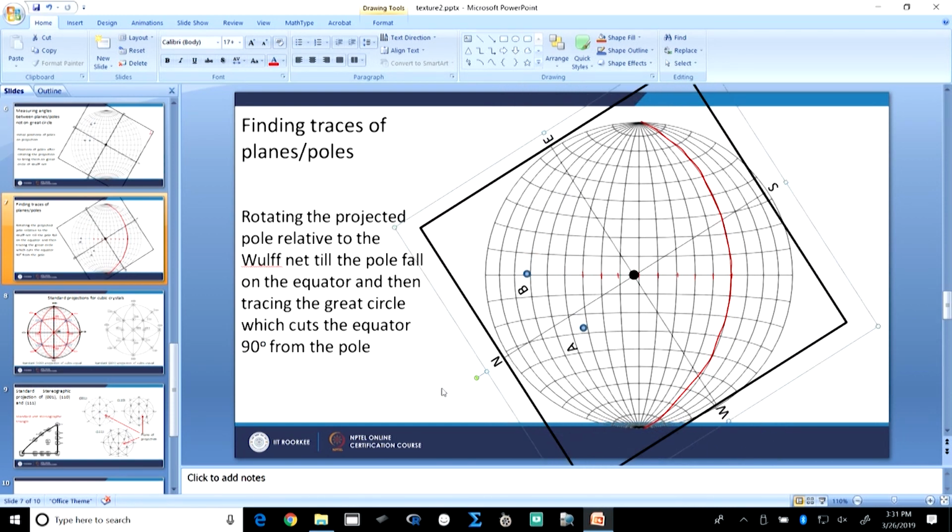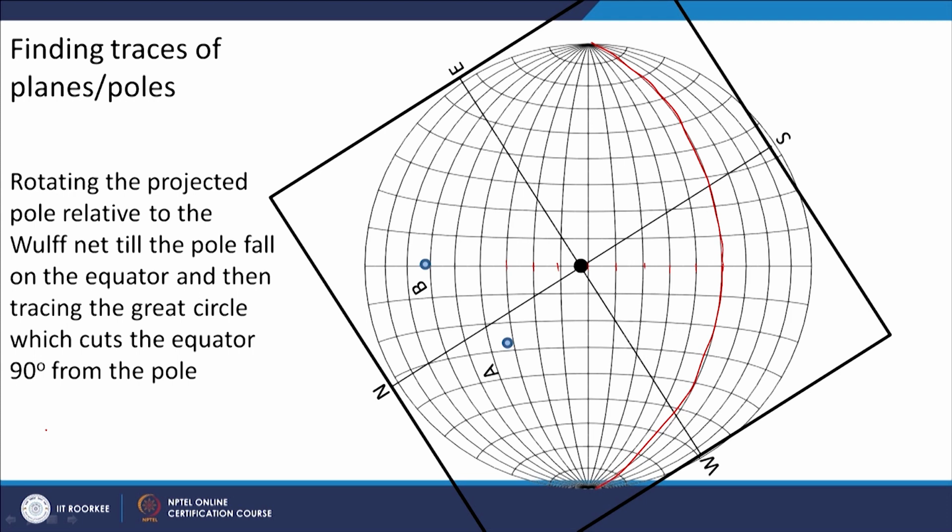And now I will plot this by going in the slideshow and taking this thing. Again 10, 20, 30, 40, 50, 60, 70, 80 and 90. So, this is the